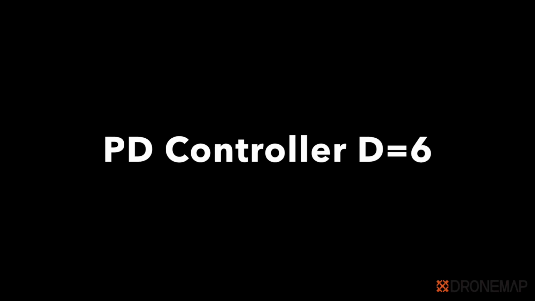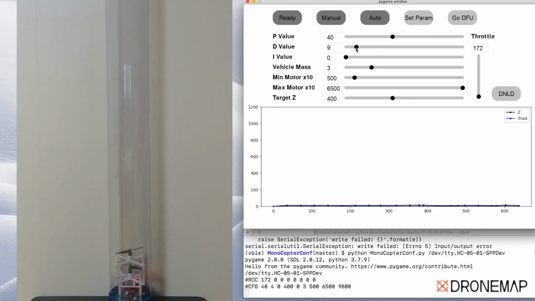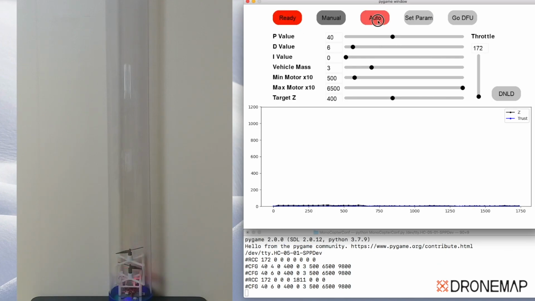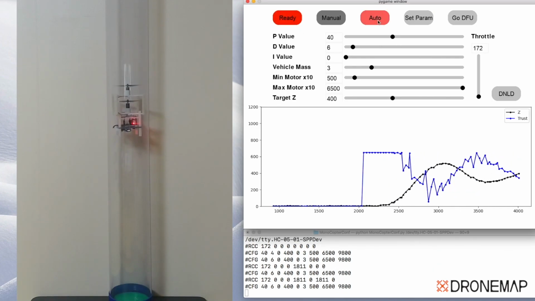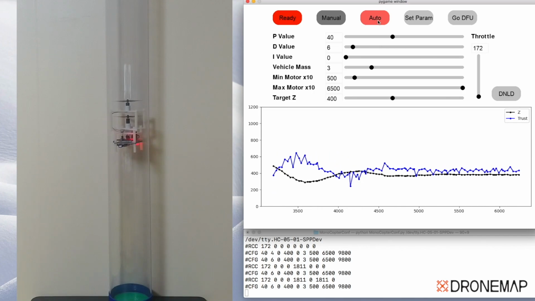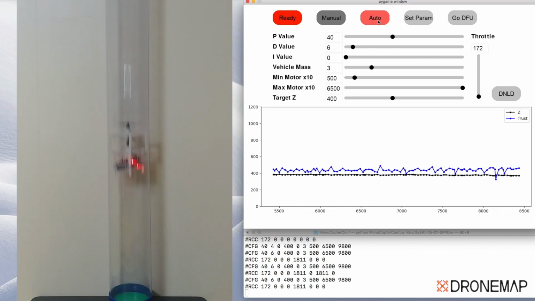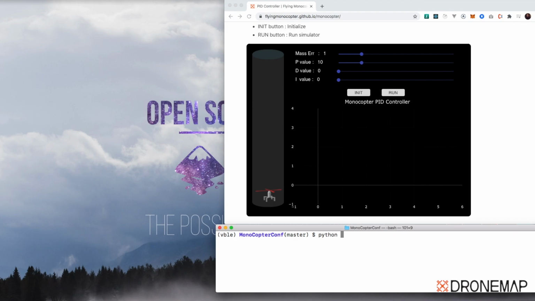Yes, it hovers in a short time. Let's increase D a little bit more. Yeah, it hovers right away.